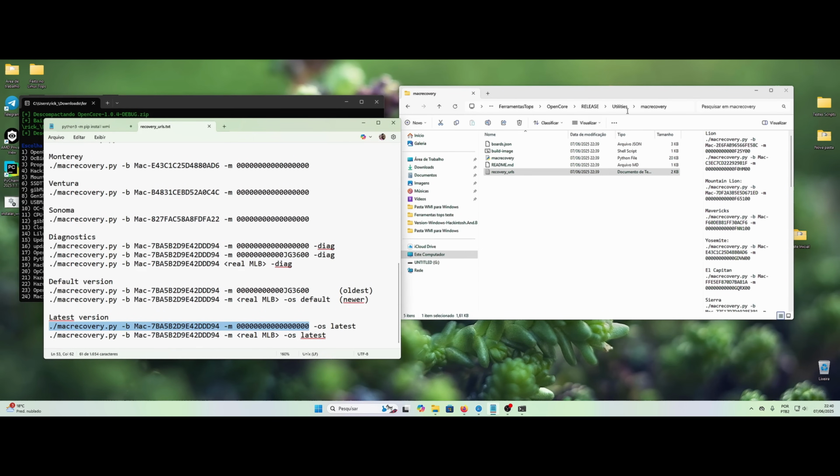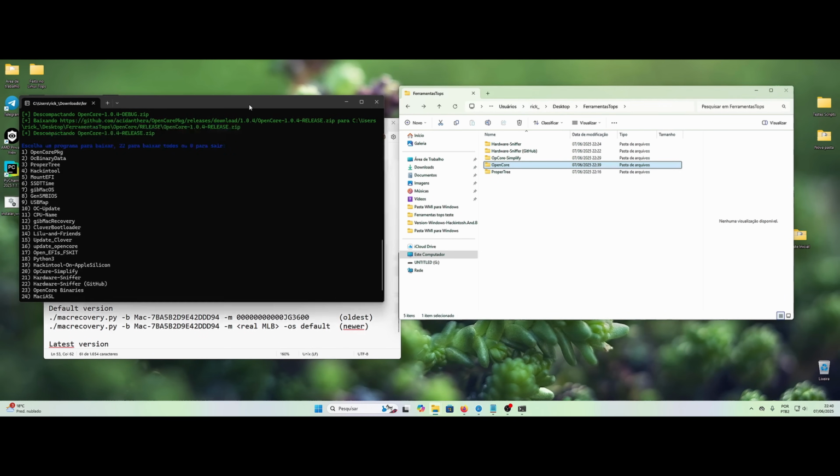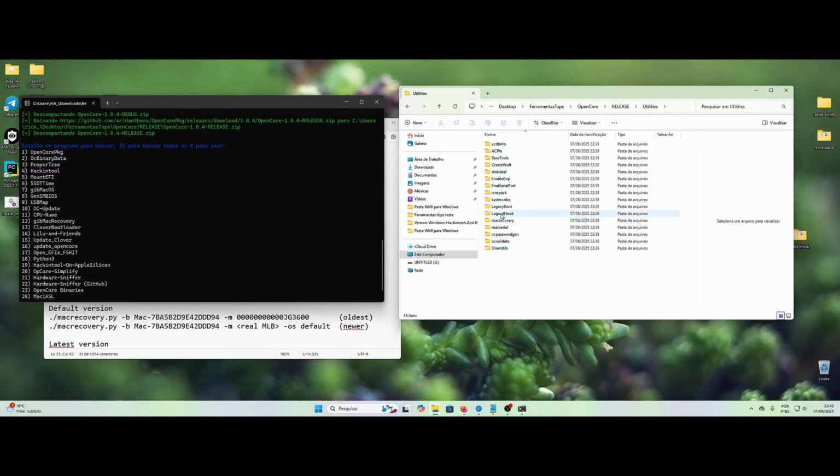Let's come here in the binaries folder, the folder where we were. Let me come back here for you to see. Oh, I came here in utilities. I downloaded the binaries to the TOPS tools. I entered the OpenCore binaries, release, utilities and macrecovery. Now I'm going to come here in the top bar.